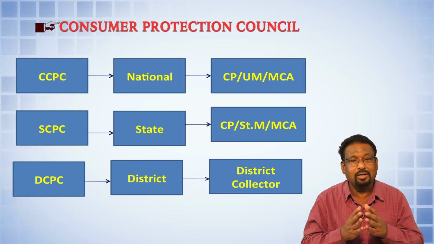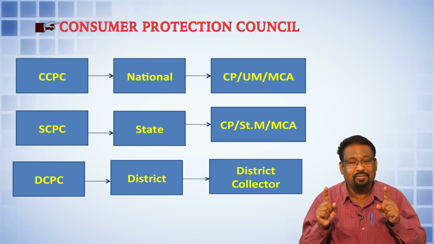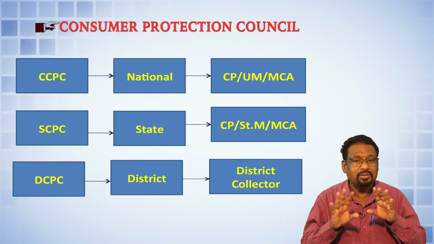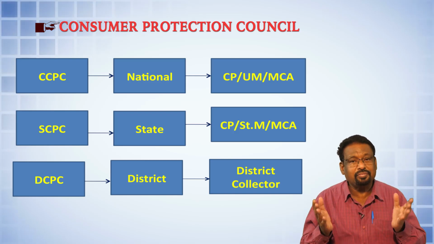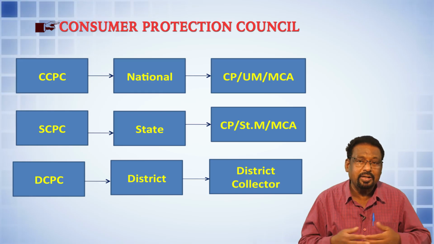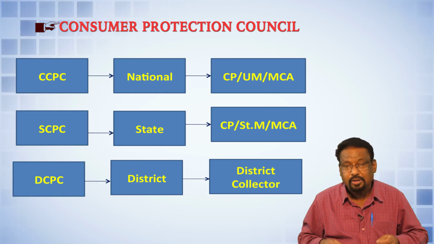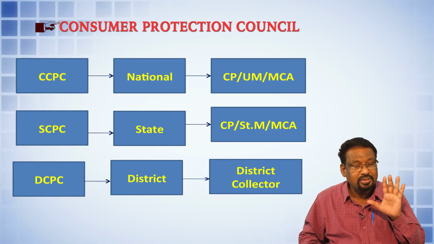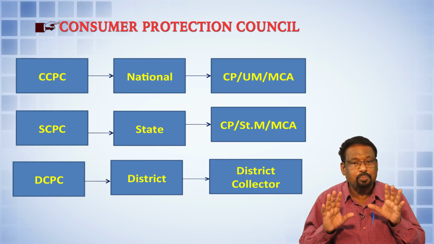So the meeting can be called, but a minimum of one meeting at the national level, a minimum of 2 meetings at the state level, and a minimum of 3 meetings at the district level. Apart from that, they can call any number of meetings, any number of times, subject to the requirement. This is about the consumer protection councils. Their job is advisory in nature. They can advise only in policy related matters. Now we'll come back to the Central Consumer Protection Authority.